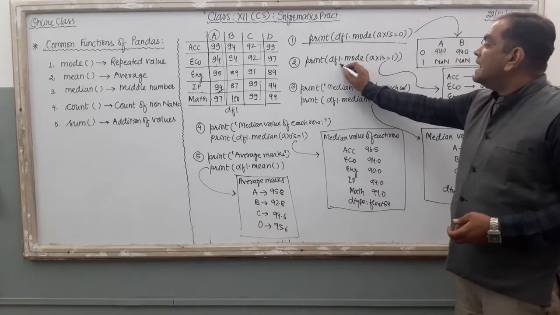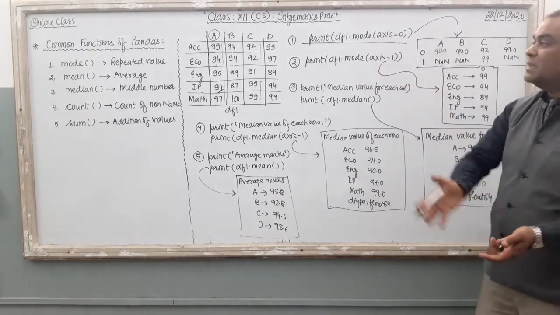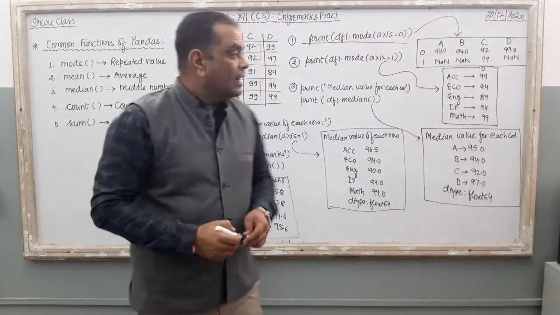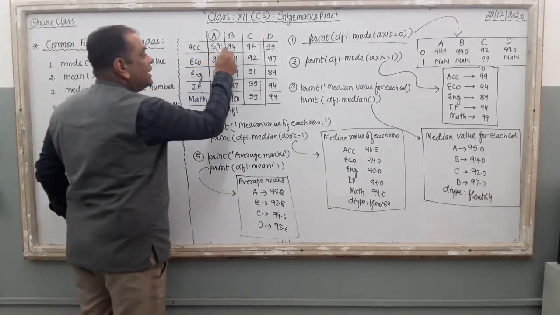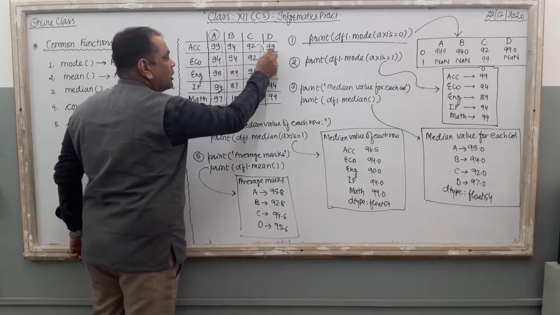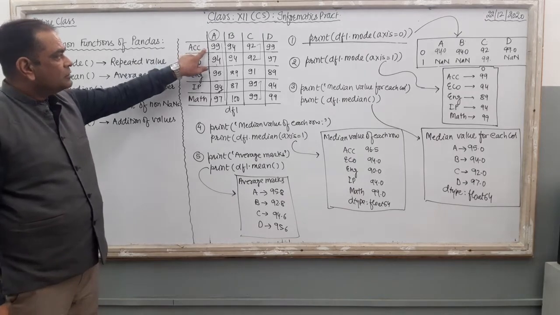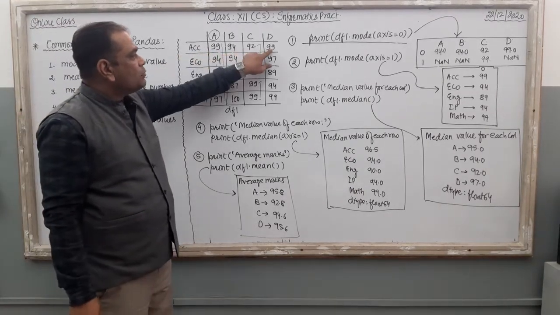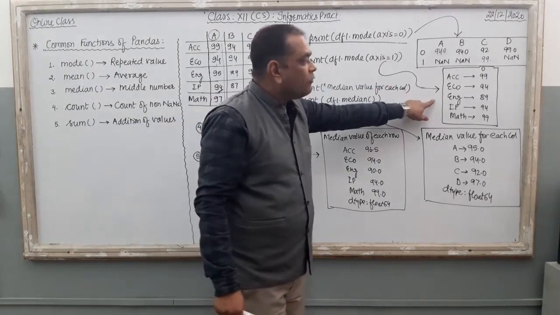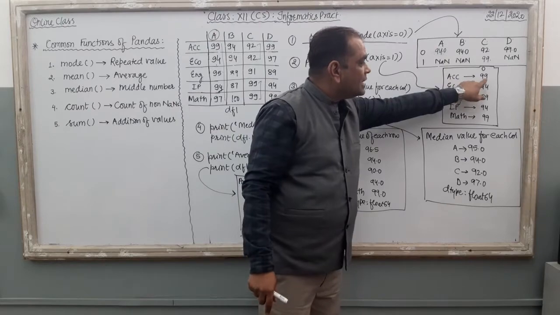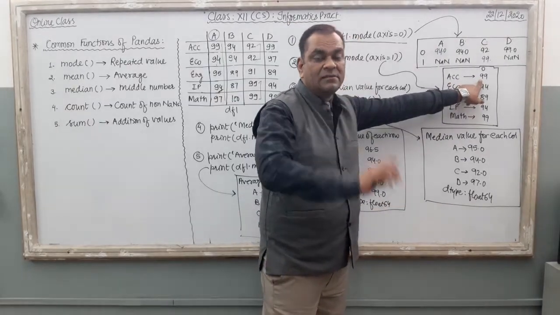Now, if you use df1.mode with axis equal to 1, axis equal to 1 means what? 1 means column. Right? So here, column means what? Economics, and then the computer is going to take the values in the different columns of this economics index. So just check it out. Accounts: 99, 94, 92, 99. 99 is the repeated value. So just see what the output is here. Accounts dash 99. If no repetition is there, then the computer will put NaN instead.